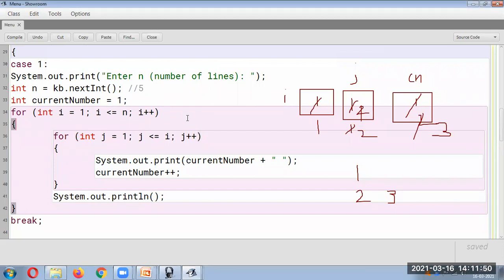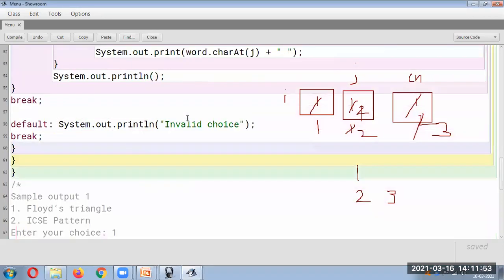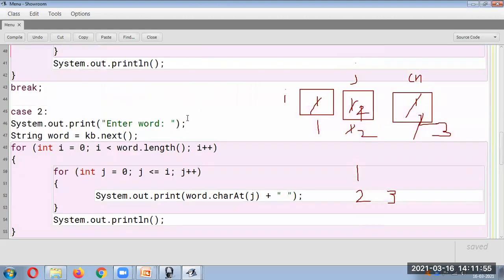And the second one, that is ICSC. Here it is very simple. You just have to take the word, and in this case it's ICSC. You can directly type it also over here. You take the length of that. Here also it is 0 and 1. So only the first character is printed, which is at the 0th position.